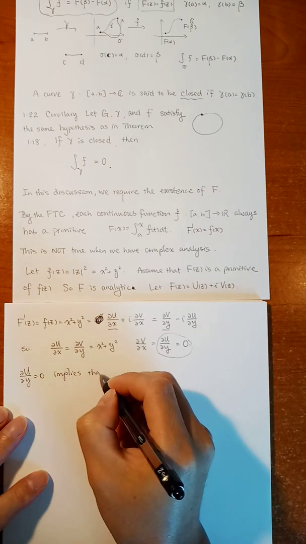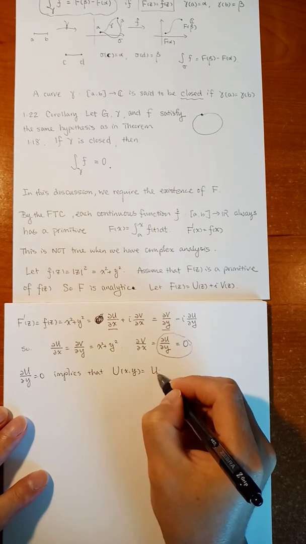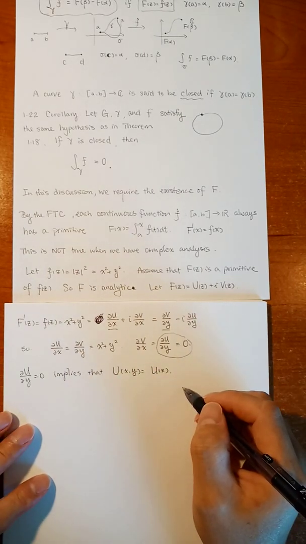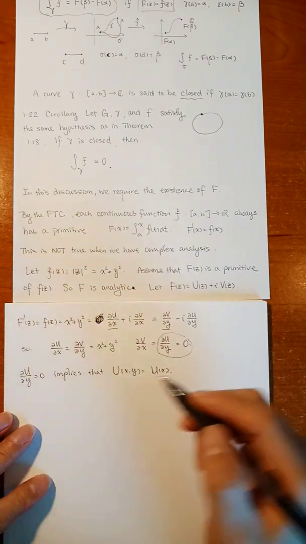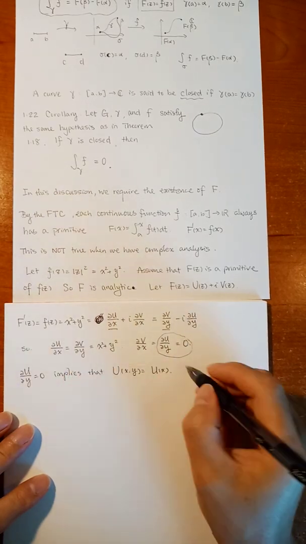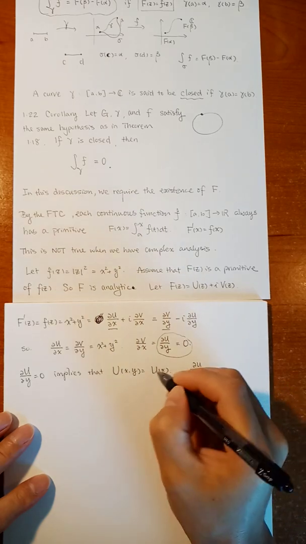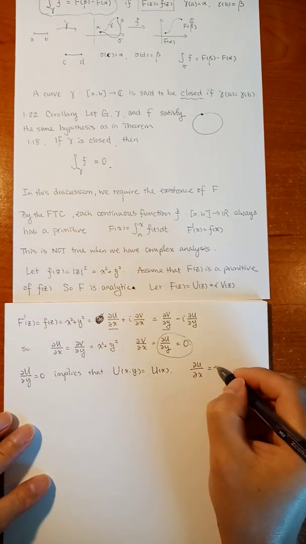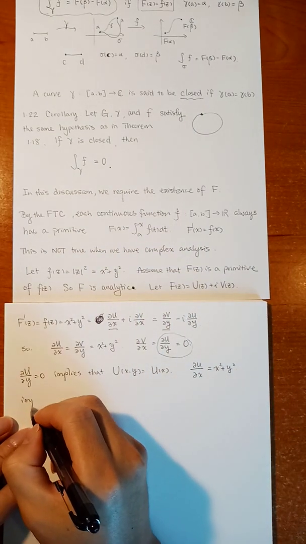This implies that u_xy is just u_x. It does not have a y. Okay, u_xy is just u_x. It's independent of y. And partial u partial x is x squared plus y squared, implies